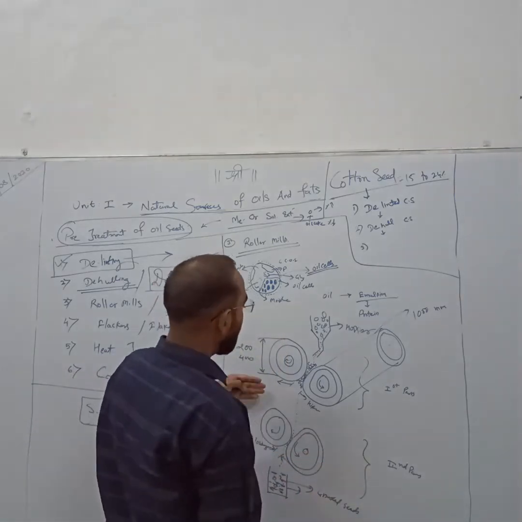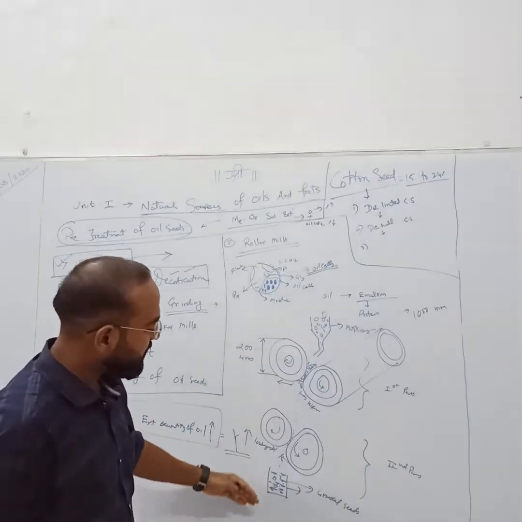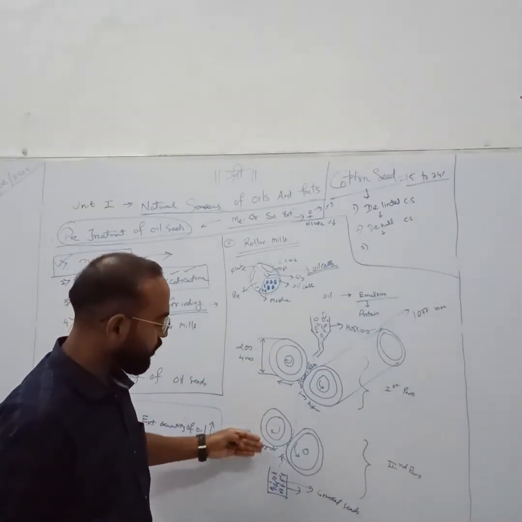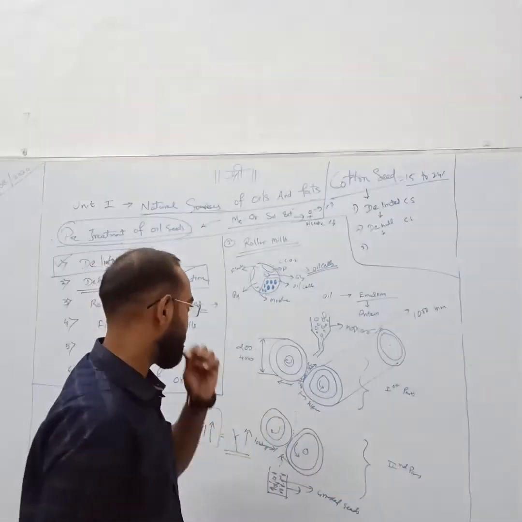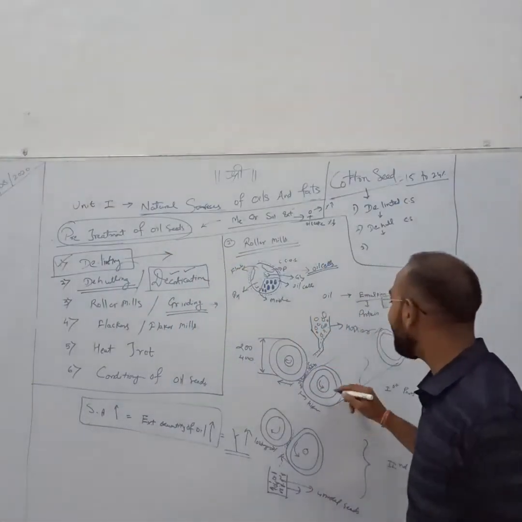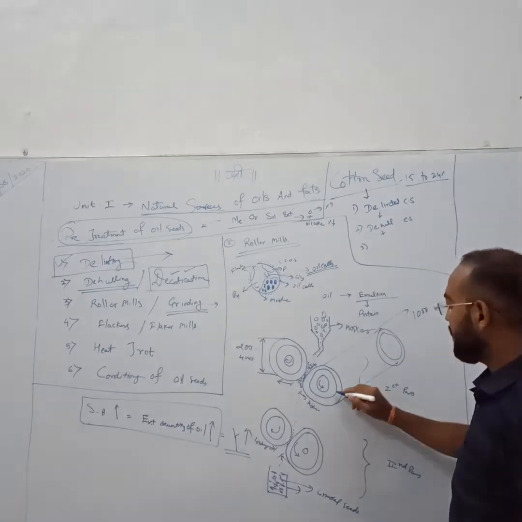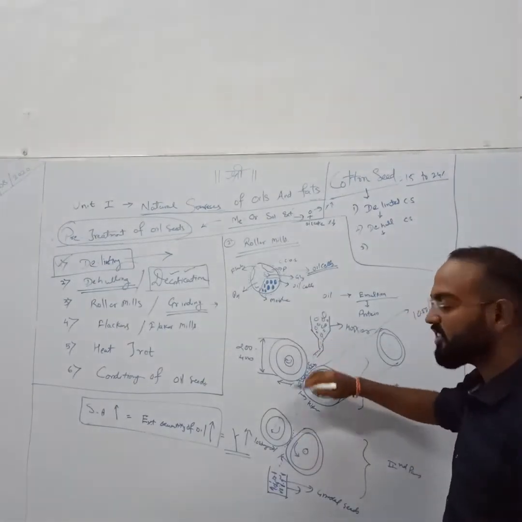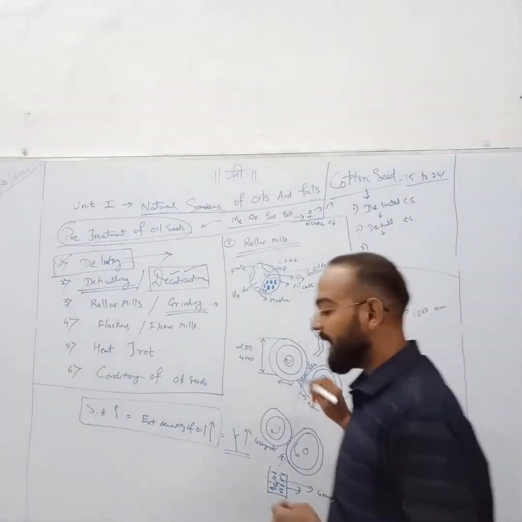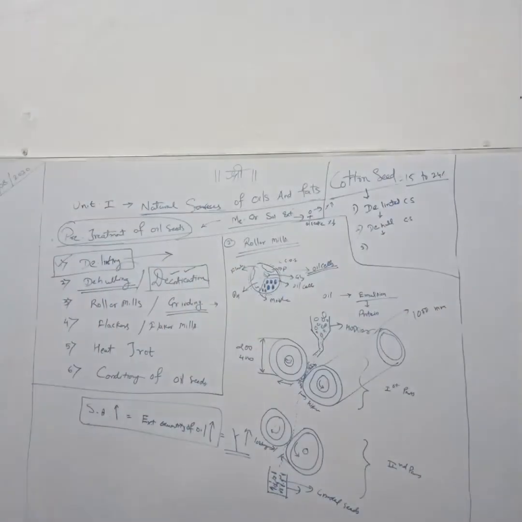If in a similar manner the same arrangement is carried out, that is, 2 to 4 to 6 rollers will be there, then it's a 3-pass system of roller mill. Then they are individually driven. This is driven by a different motor, this is driven by a different one; all 4 rollers are driven by different motors at different speeds and different rotations.